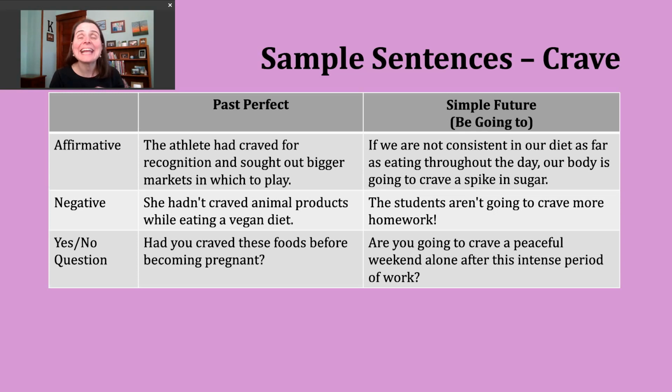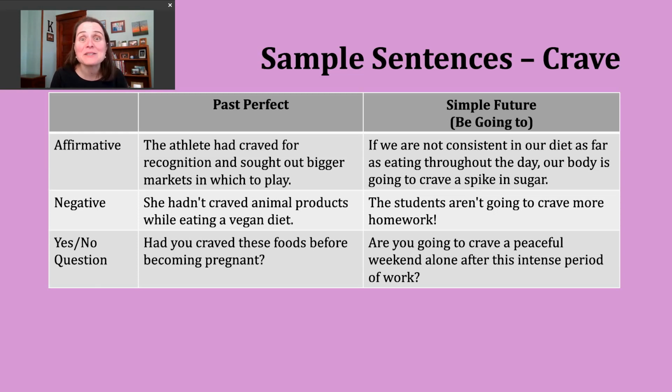Now let's talk about making a negative past perfect sentence. To do this, again, we start with our subject. We're going to use had not and then the participle. Okay? You might see the contraction hadn't as well. That's in my example here. She hadn't craved animal products while eating a vegan diet. There's certain people that report this, that once they change their diet so that they're not eating milk, meat, things of that nature, animal products, right? Some don't feel a desire for it, right? And that's what we're describing here in the negative.